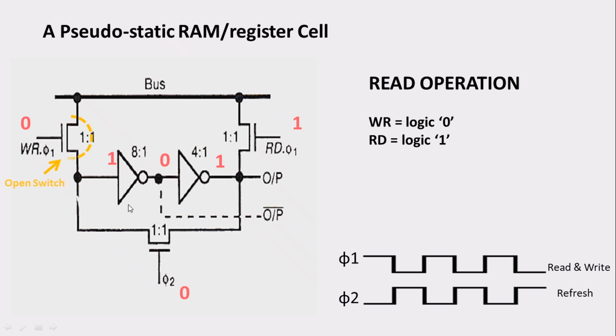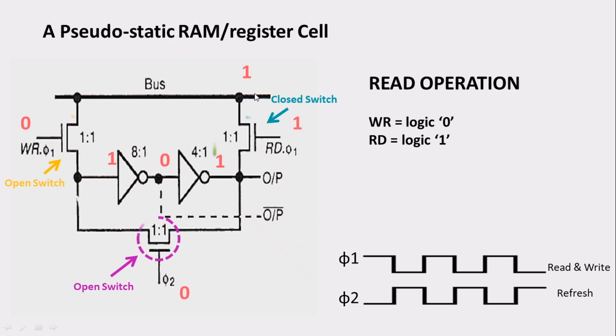So when I had made 0 and then 1, this particular transistor is going to be an open switch since it is turned off, and this transistor is going to be a closed switch since it is turned on, and this is going to act like an open switch since it is turned off. So here I won't get any path since it is an open switch, and here also there won't be any path or loop since it is an open switch. The only path I'll get is this transistor path. So the bus will be read as 1 over here.